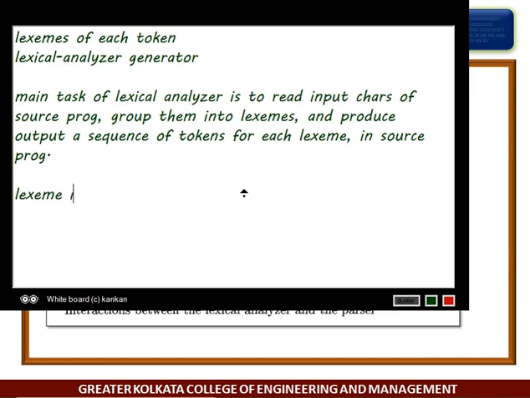Enter the lexeme where? Into the symbol table. Okay.